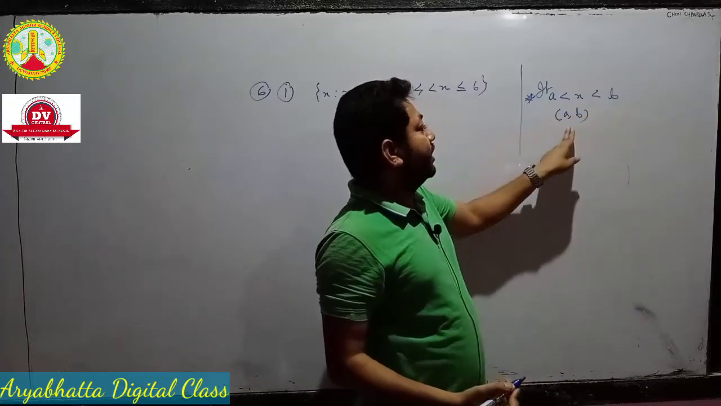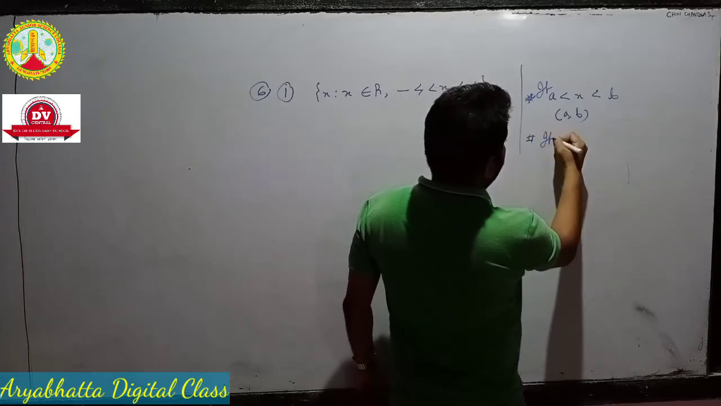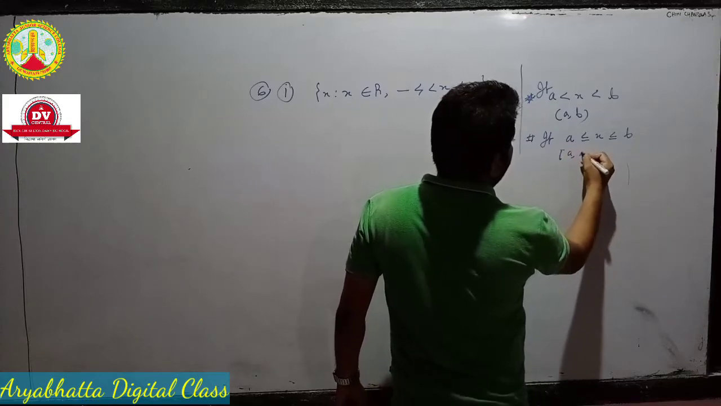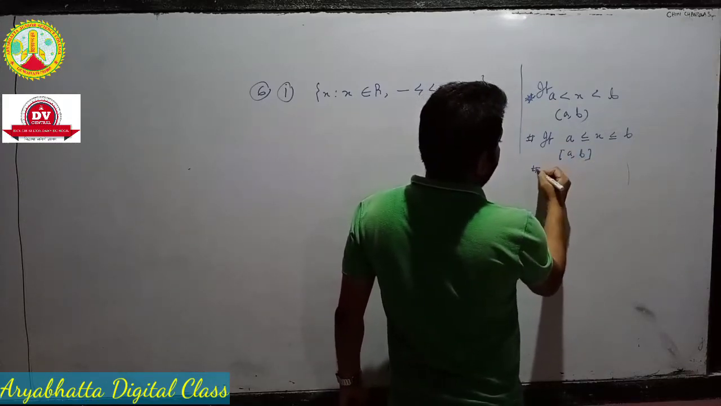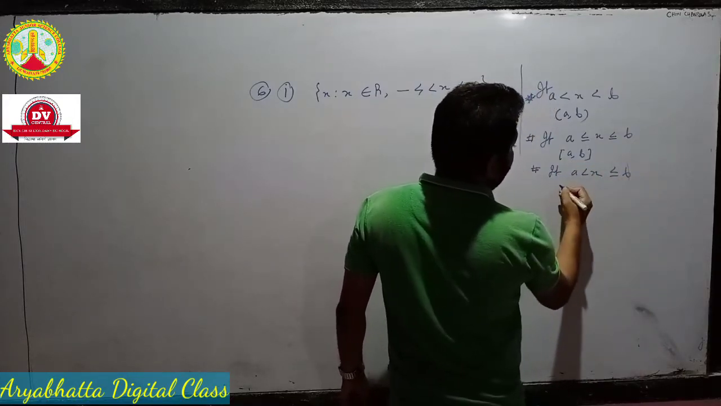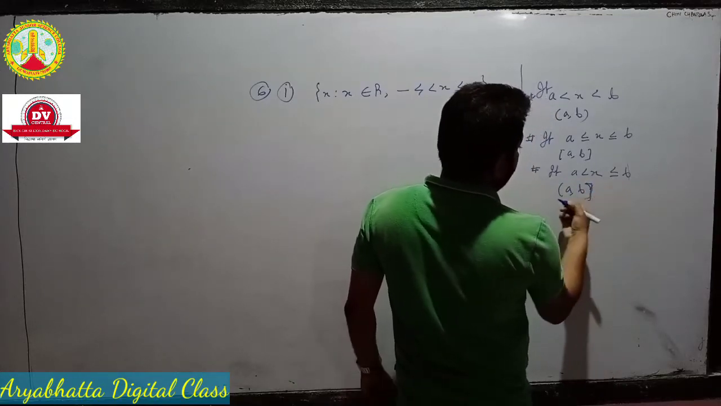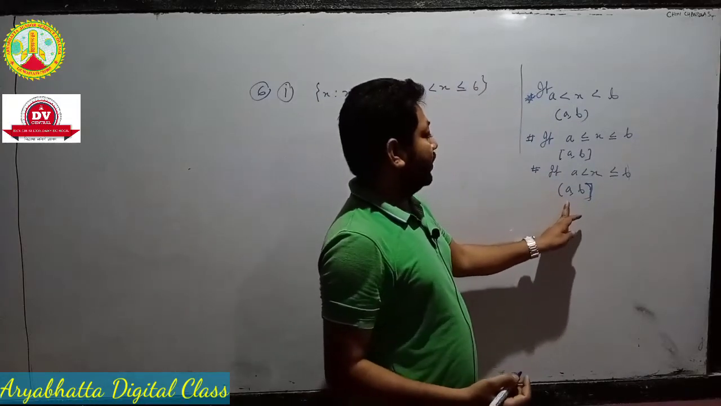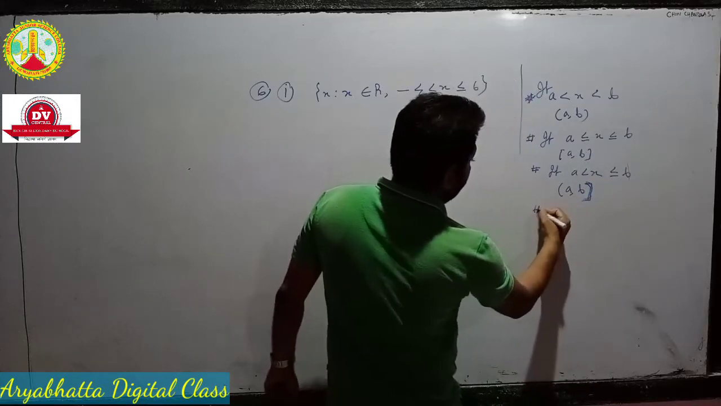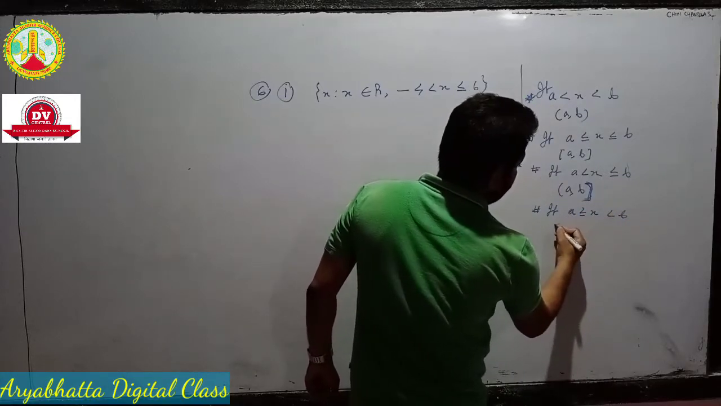If A less than x less than B, then we can write open interval A, comma B. Next, if A less than or equal to x less than or equal to B, then we can write closed interval A, comma B. Number 3, if A less than x less than or equal to B, then we can write open A, comma B, closed interval. Number 3, if A less than or equal to x less than B, then we can write,